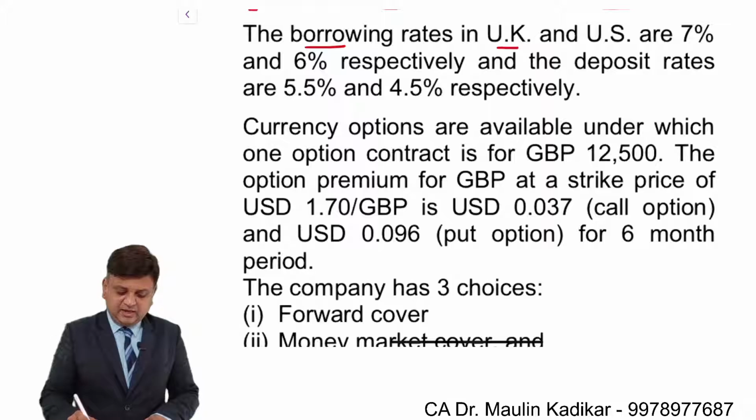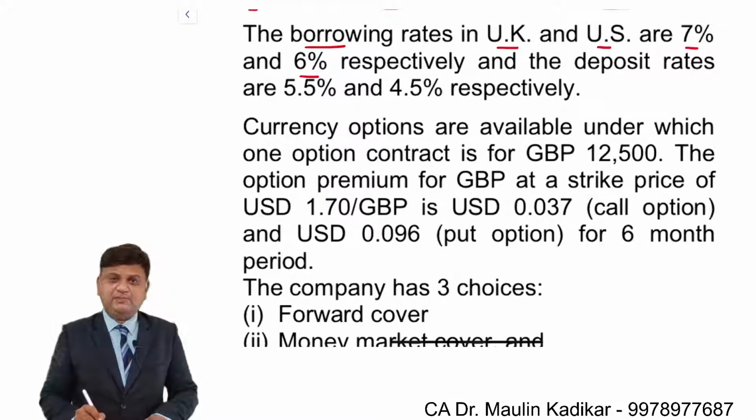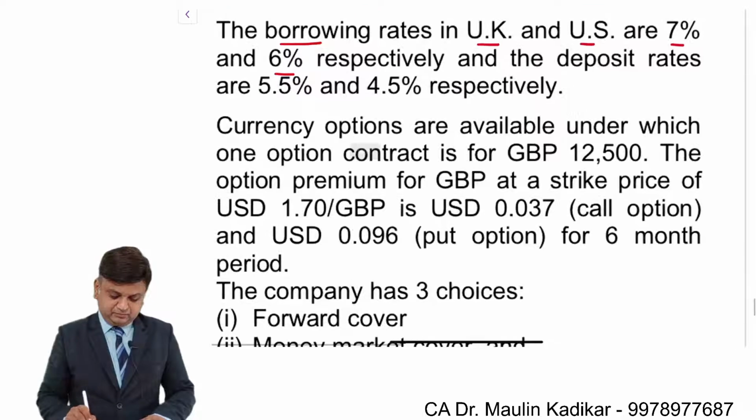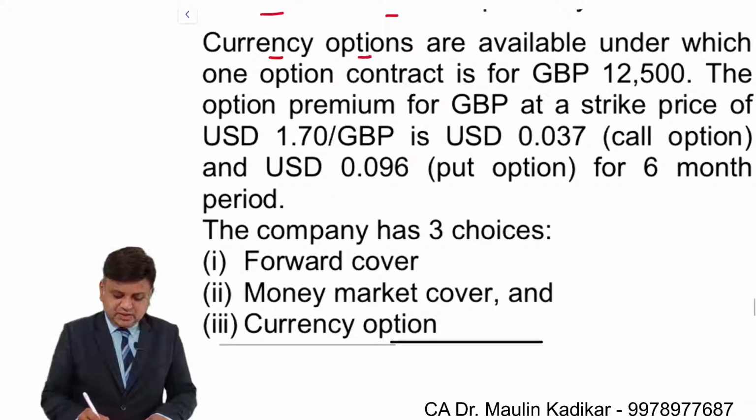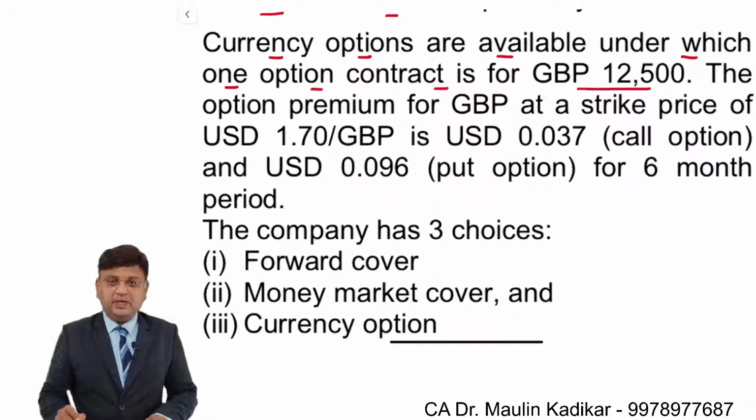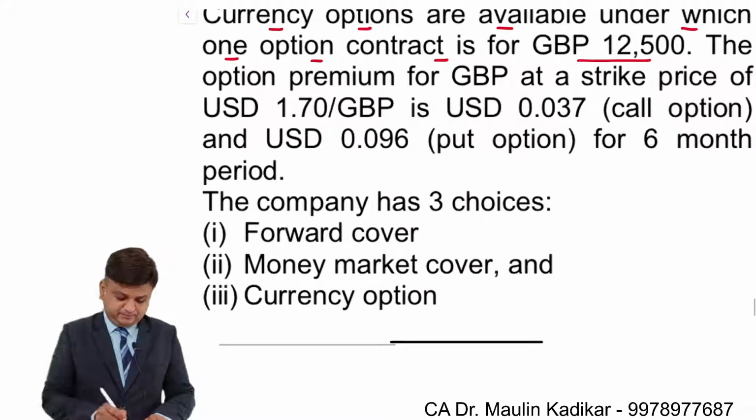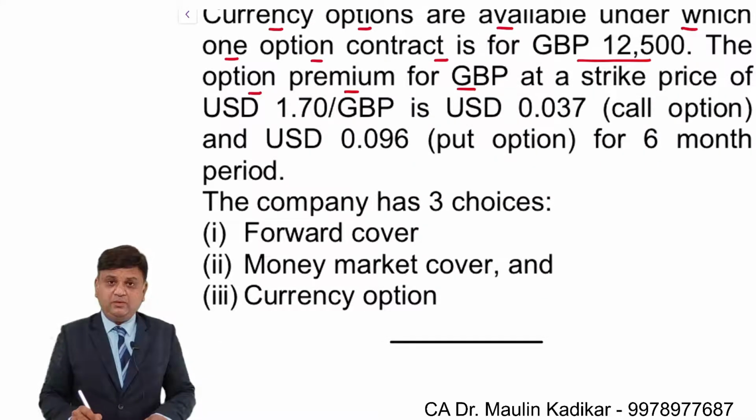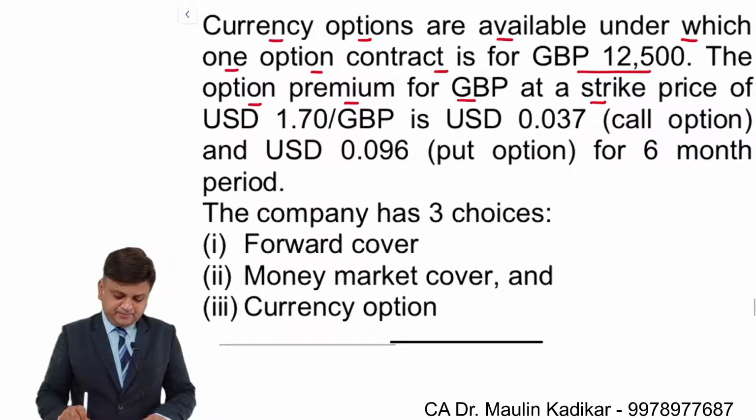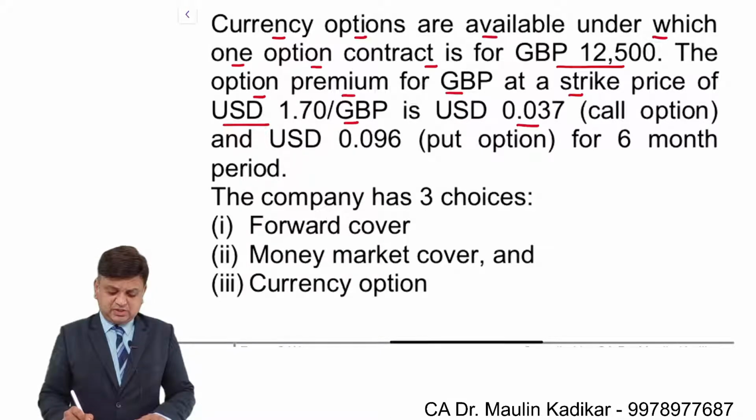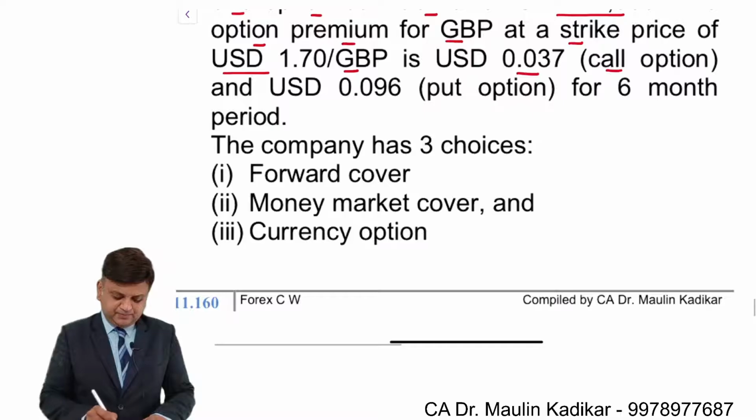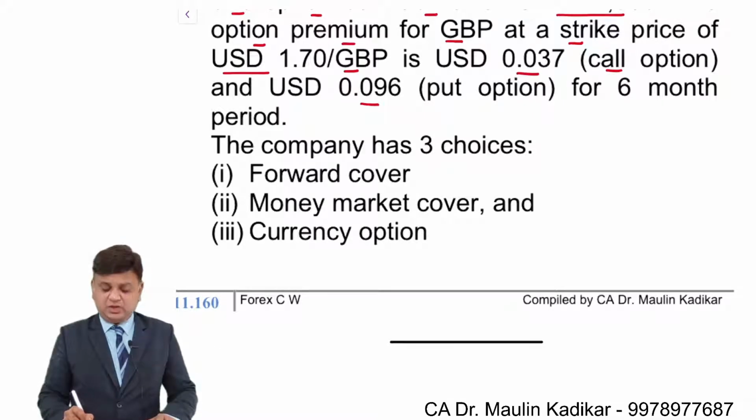Borrowing rate in UK and US as 7% and 6% respectively, and the deposit rates are 5.5% and 4.5% respectively. The currency options are available, under which one option contract is for 12,500 UK pound. The option premium for pound at exercise price of $1.70 per pound is $0.037 for call option and $0.096 for put option